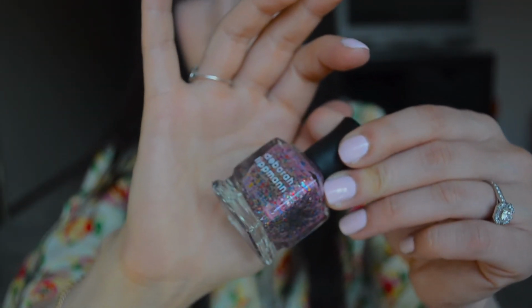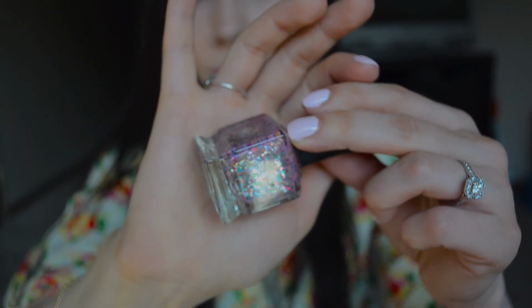This is Candy Shop from Deborah Lippmann. Deborah Lippmann polishes are freaking outrageous. Icing has an exact dupe of this, also called Candy Shop, which is probably only a couple dollars. I didn't know about that when I bought this color. Kind of wish I did, but so you guys know, you can get an exact dupe of this from Icing